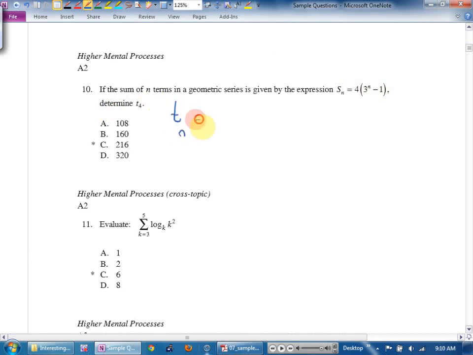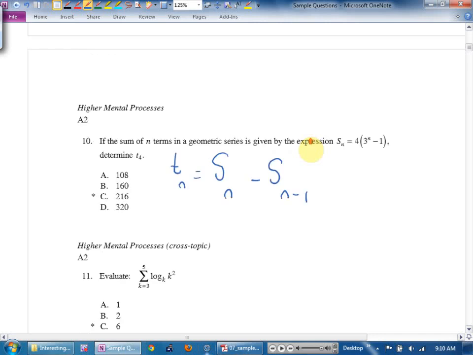The nth term is equal to the sum of the first n terms minus the sum of the first n minus 1 terms. For example, I'll just make up a sequence here. I'll go 2, 6, multiplying by 3, 18, 18 times 3 is 54. If I add these,